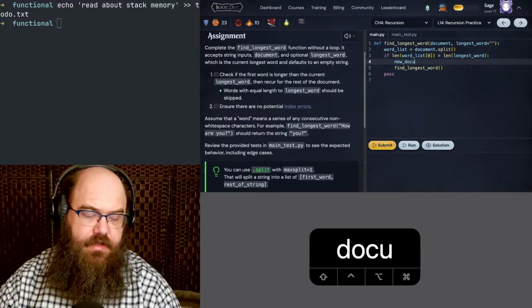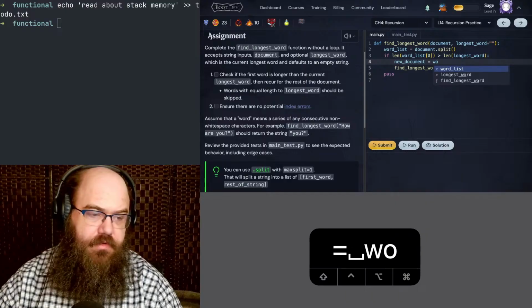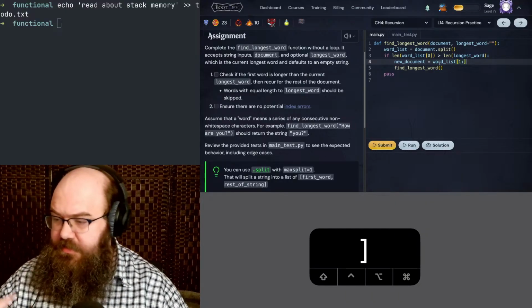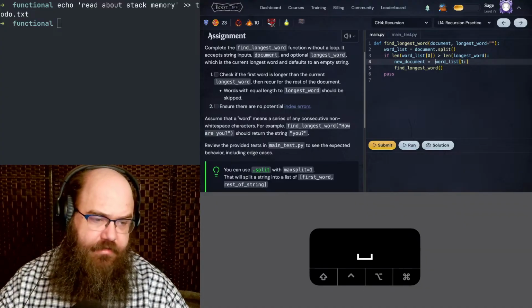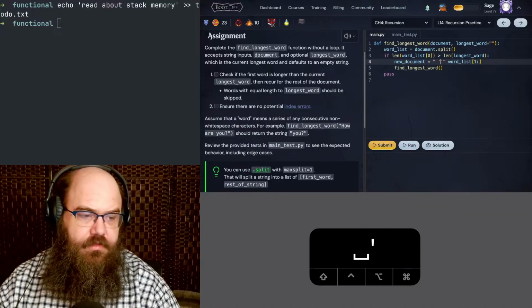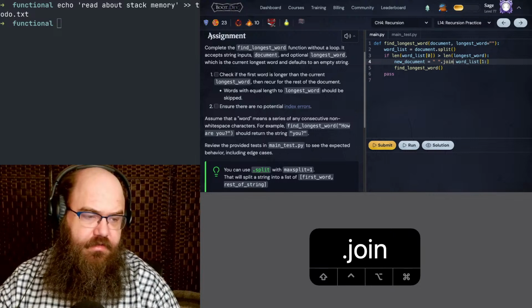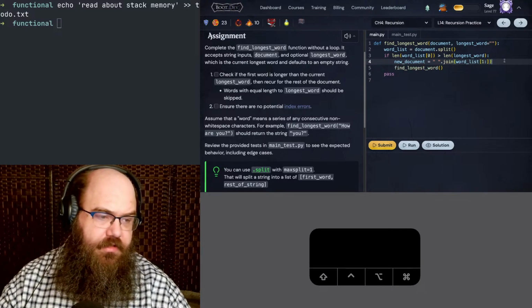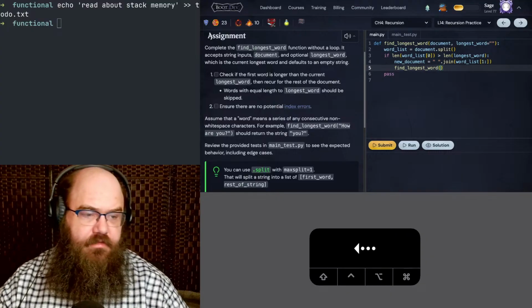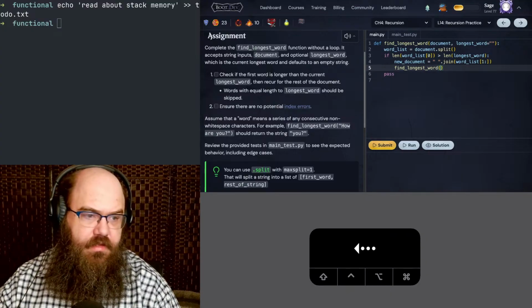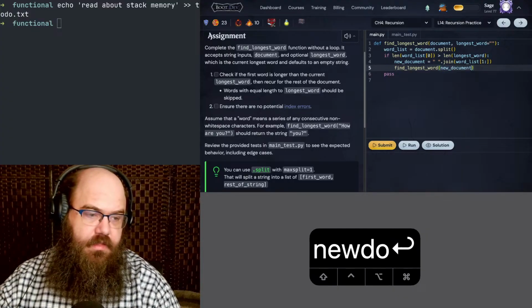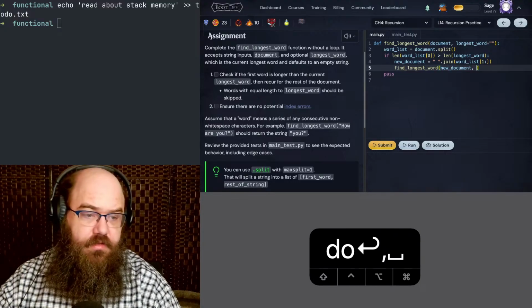And now we'll make a new document equals word list from 1 to the end. And I'd like to do it dot join, but that's not how Python rolls here. We have to do space dot join, space.join word list 1, and now we can try it on new document with longest word equal to